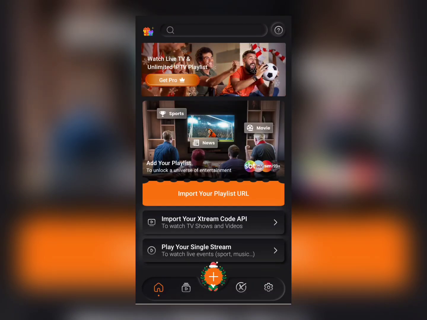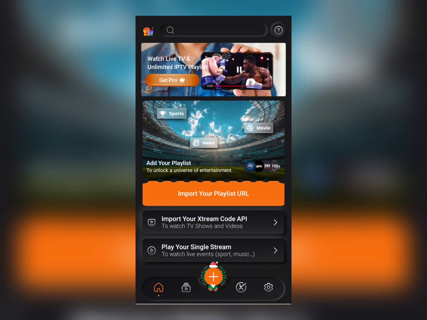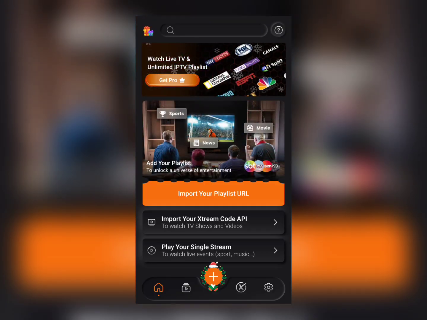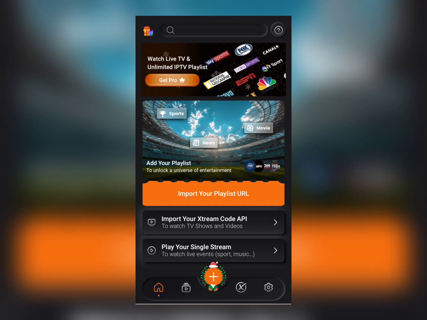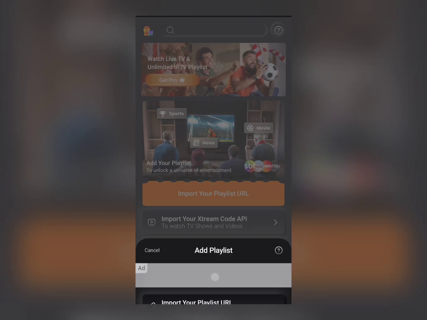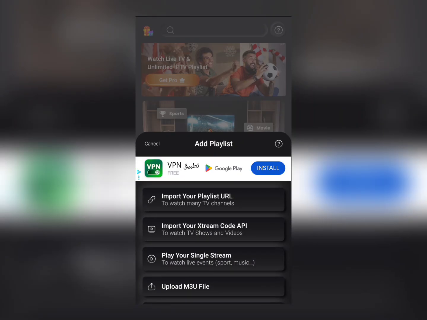This is pretty much the home screen of the application, and this application allows you to watch live TV or football and pretty much all of those things by just using a link. So all you have to do is tap on the plus icon here in the middle, and you'll be able to import